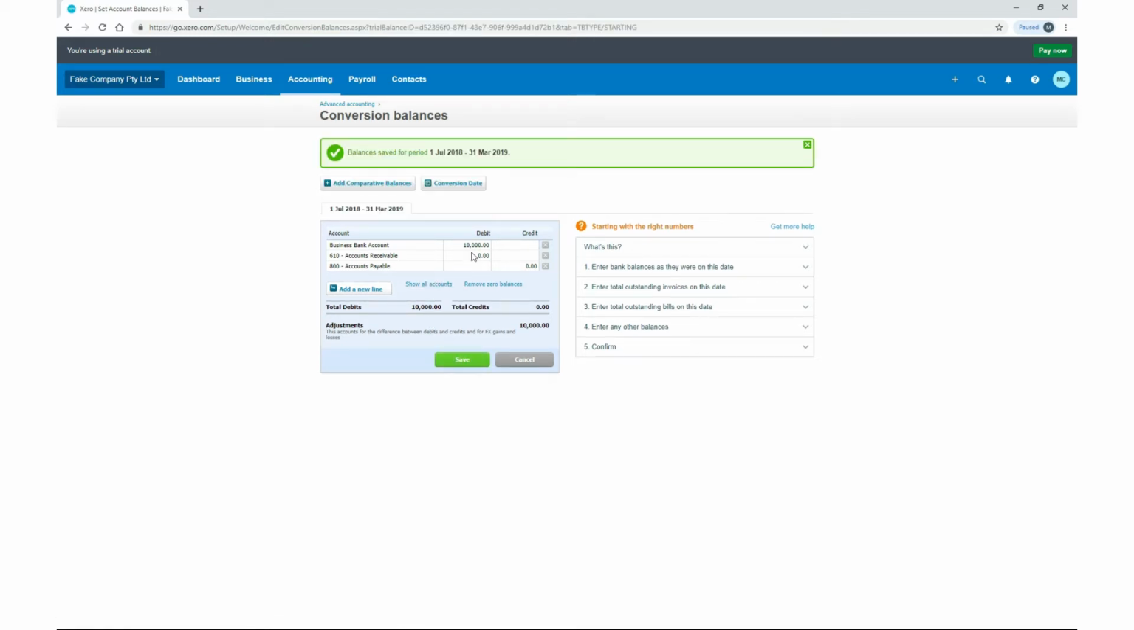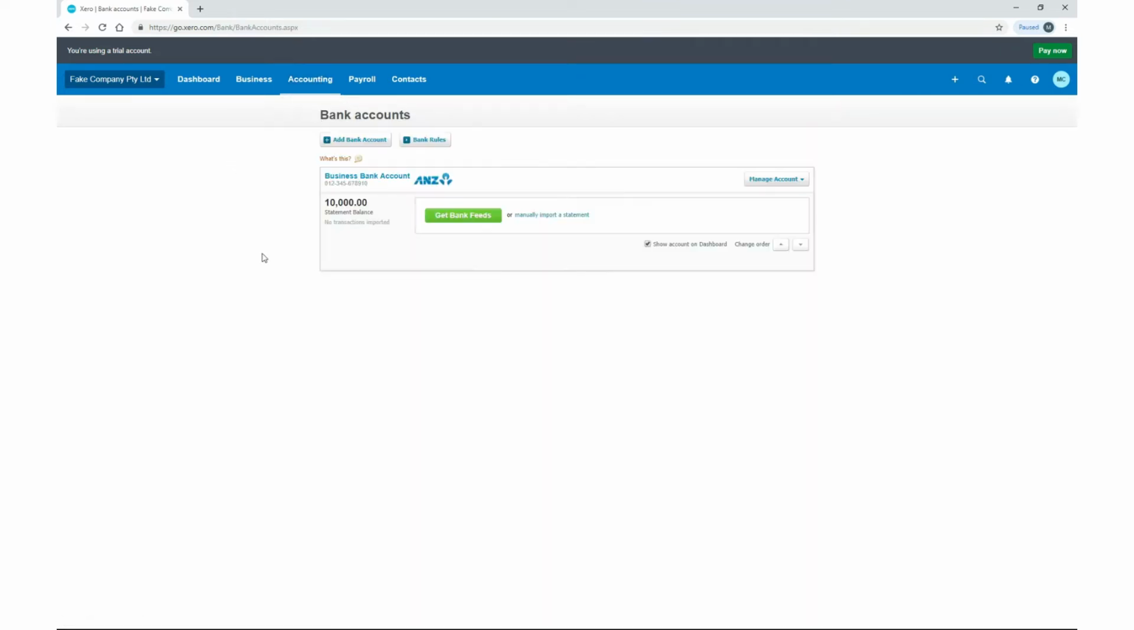So the business bank account now has a debit balance of $10,000 on the 31st of March. So what that means is that when we go back to our business bank account, you can see it's now got a statement balance of $10,000. So when we actually do set up the automatic bank feed so that the transactions automatically come into Xero, or